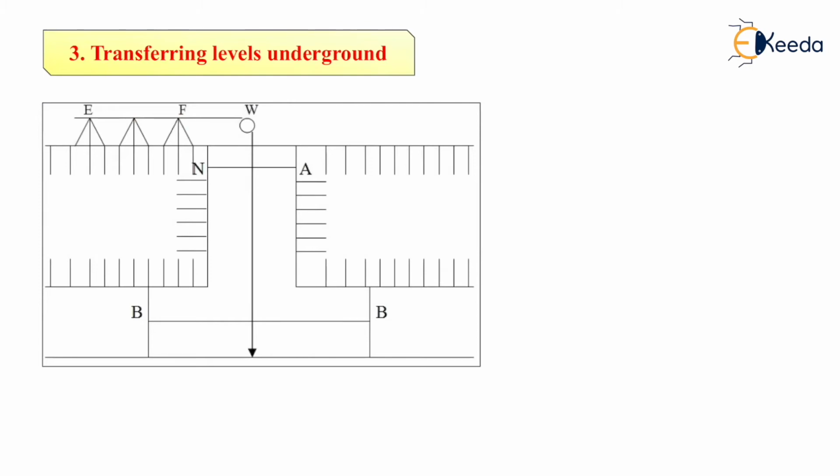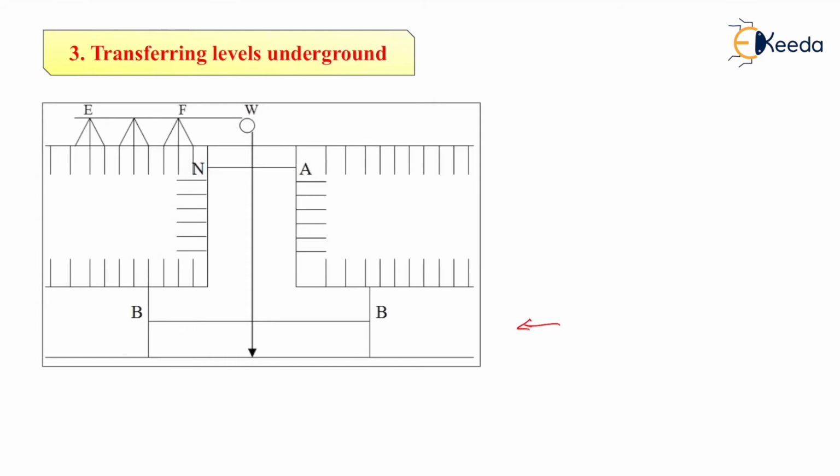In case of transferring levels underground at intermediate points, not at the end of the tunnel, by using a shaft, we have to follow some steps. Otherwise, we can start from the end of the tunnel and transfer the levels by using the common benchmark. But if we have long tunnels, we use shafts. So in this, we follow these steps. First, a fine steel wire loaded with 5 to 15 kg is passed over a pulley at the top of the shaft, as you can see in the figure, and is lowered into the shaft.